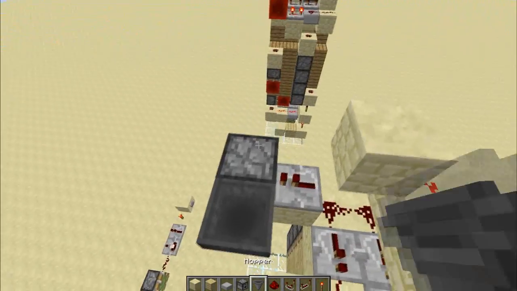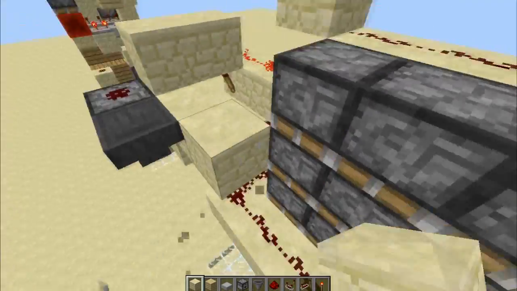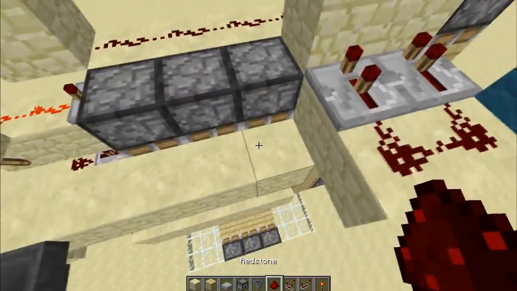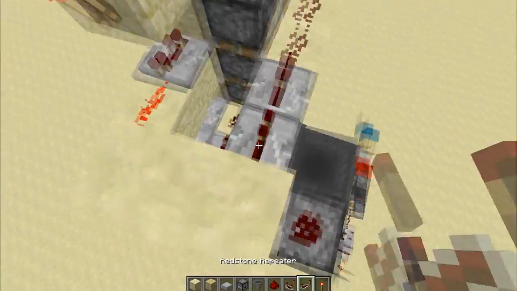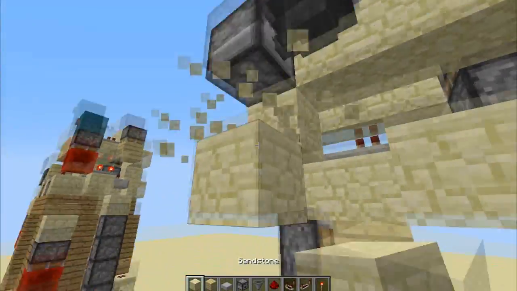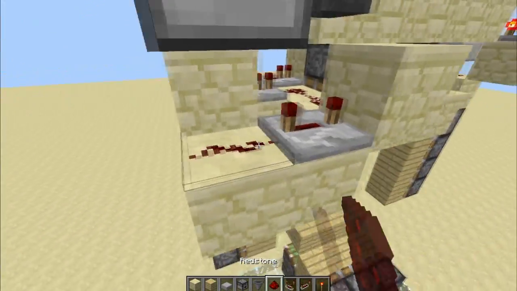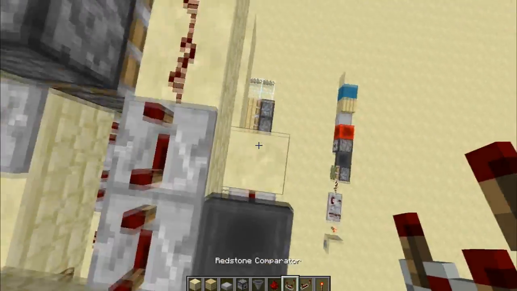So now we place a redstone dust on top of there, block there, 1, 2, 3, 4, 5 blocks there, 3 redstone and 2 repeaters, both on 4 ticks of delay. Now underneath you'll come down to here, 2 blocks and then 1 up, repeater on 4 ticks, redstone dust. Now out of that